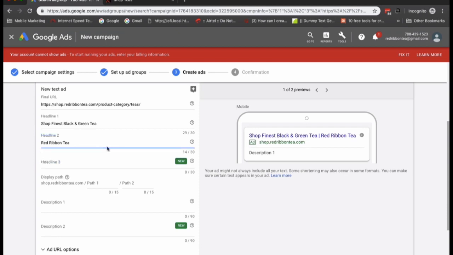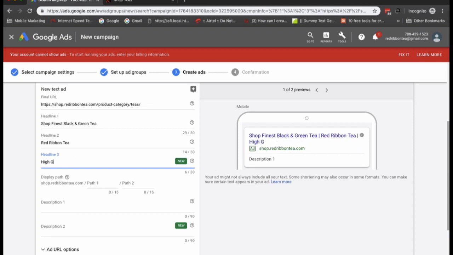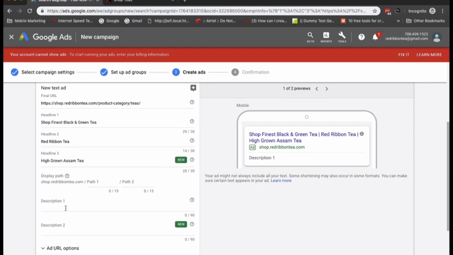So now you basically have 3 headlines and 2 description lines which you can showcase to the users so that they can decide to click on your ad or not. You need to be creative enough to fit in the character limit. That is, for the headlines you have a character limit of 30 letters, and for the description a max of 90. So you need to fit in these characters and be as creative as possible with your copy.